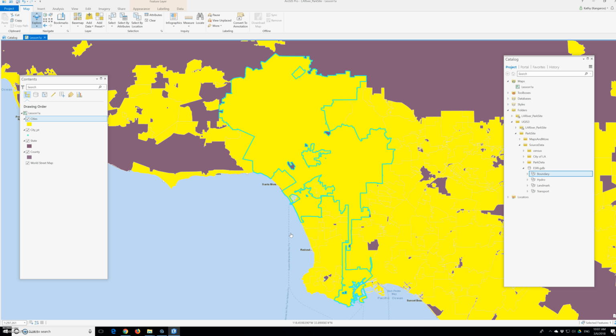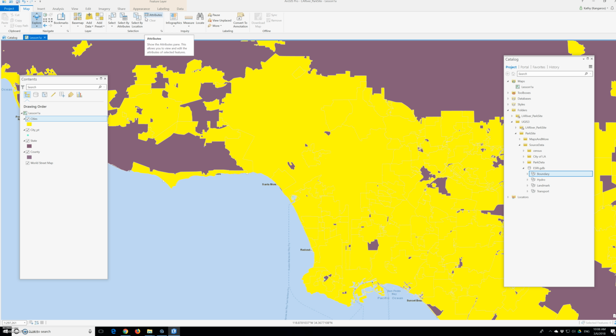of Los Angeles. So now on the map, we're gonna go to the selection group and clear the selection, which is this button. Clear selection. So we will filter the display of city using a definition query. One of the project requirements is that the new park be inside the Los Angeles city limits. Therefore, we are more interested in Los Angeles than in other cities. A layer property called a definition query allows you to show only those features in a layer that interest